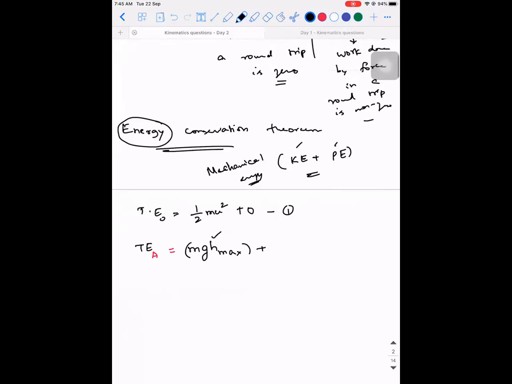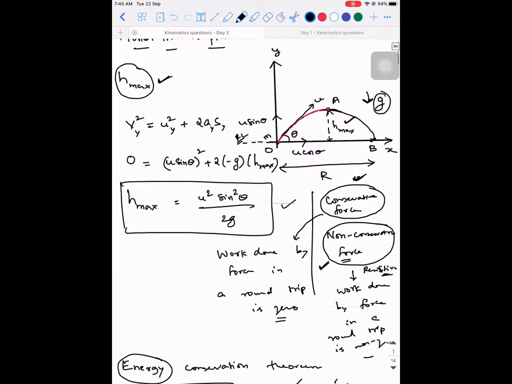What about kinetic energy? Is the object not having any kinetic energy at this point? No, sir. If it is not having kinetic energy, it means it has 0 velocity. So remember, kinetic energy and velocity are related. Whenever you say kinetic energy is 0, velocity is 0. If the velocity of an object at a certain height is 0, it would have actually dropped down. It should have traveled in a straight line path. But how is it able to continue to move in a parabolic path? The logic says there is some velocity existing. But what is existing here? It is the horizontal component of velocity, which is u cos theta.